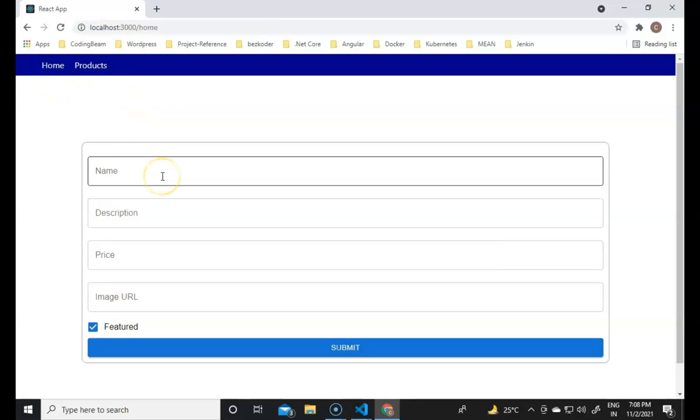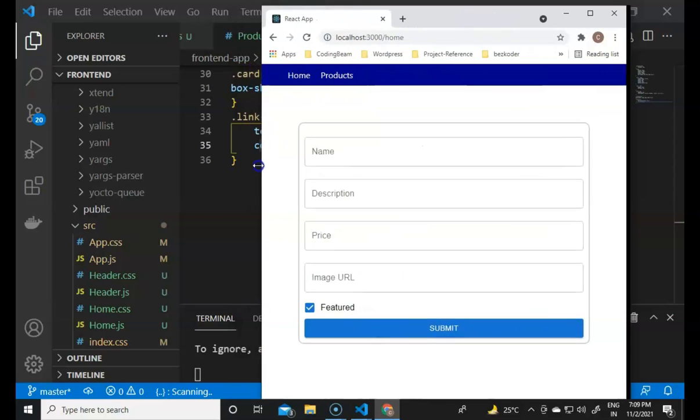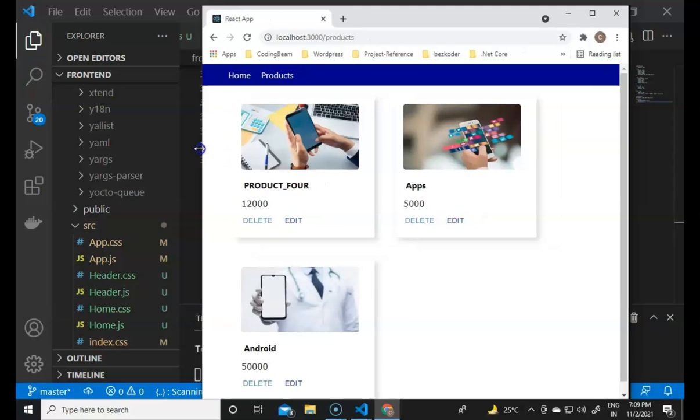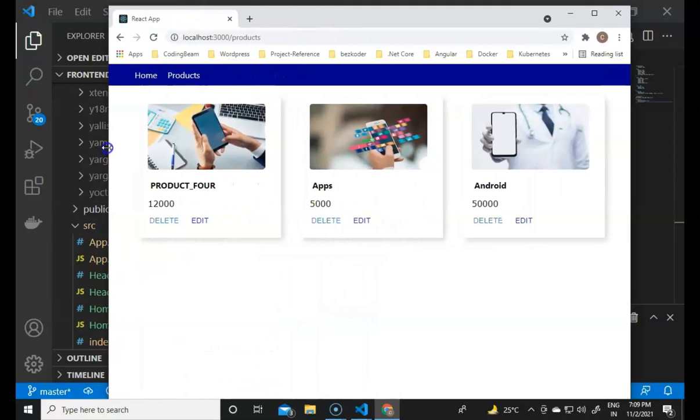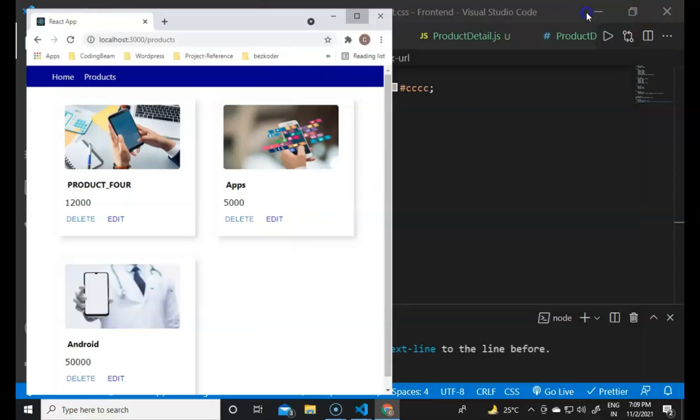So guys, this is our project that we have built, and we have created the backend, and then we have created the front end. And guys, for the final thing, it is a responsive project. So you can check whether it is responsive or not by reducing the Chrome window. You can check by going to the products, and if you increase the window, then you will see it is a fully responsive project. So guys, this is our project.